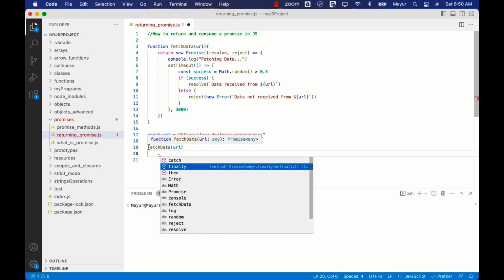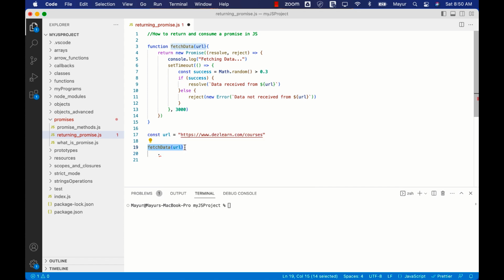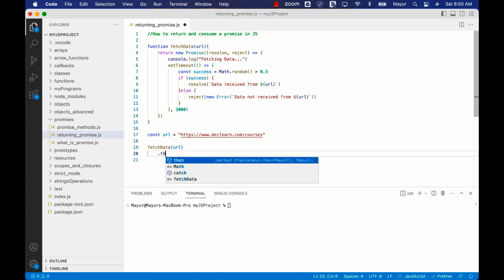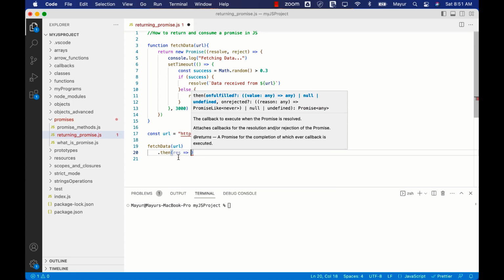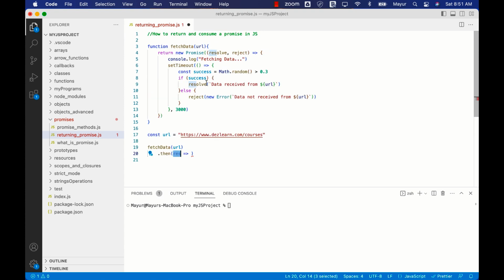So the returning value from this is going to be a promise, and I can simply use the .then method or .catch method to do the process that I want to do. So then, as we saw in the previous session, is something we do after the promise is resolved. So we'll say then, we'll use that parameter. This value is nothing but whatever is being passed in the resolve statement there. So we'll simply say console.log